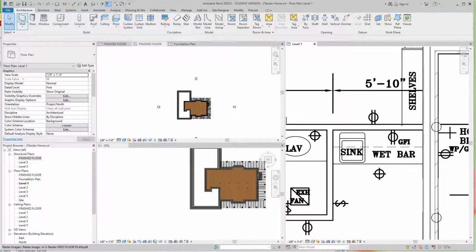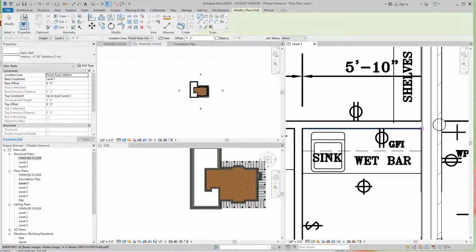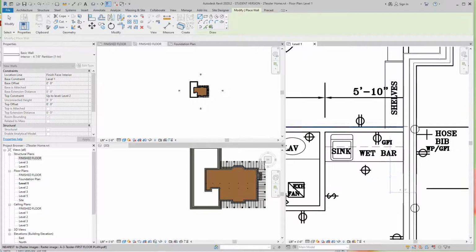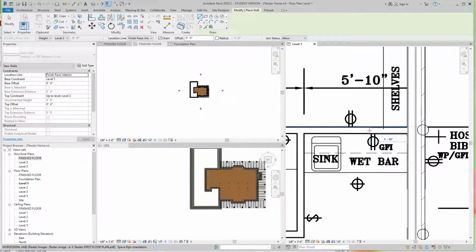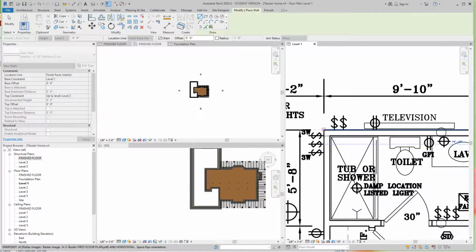So let's go wall. And wall center line. We want to go wall center line, finish face, interior. So I'm going to do this with a change select. So I'm going to go here. No, finish face interior would be here. There we go. So to this point,